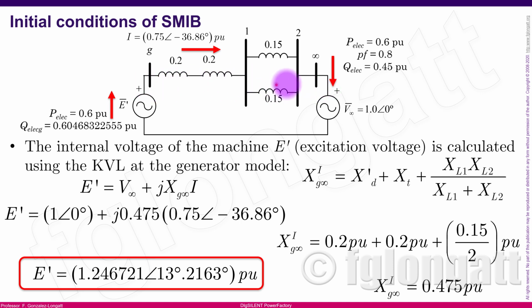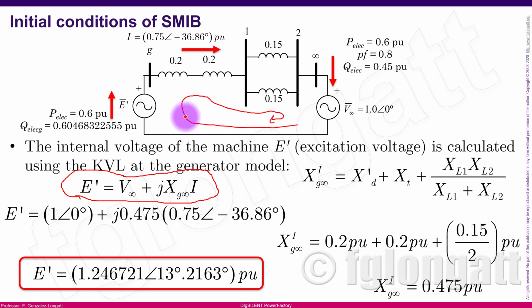and we can create an equivalent for this series of reactances, okay? And then we can go back through this ideal voltage and close the loop. And that is this equation over here, okay? What I'm telling you is that this equation over here is representing the equation defining the voltage across this loop, okay? We have the internal voltage of the machine, that is what we are looking for. We have here the series of components. We have several components, and then we have here the voltage across the